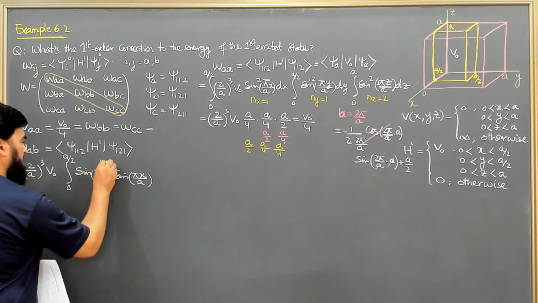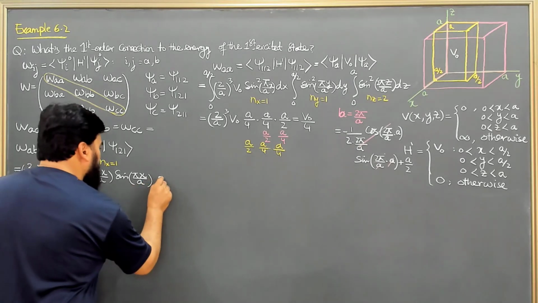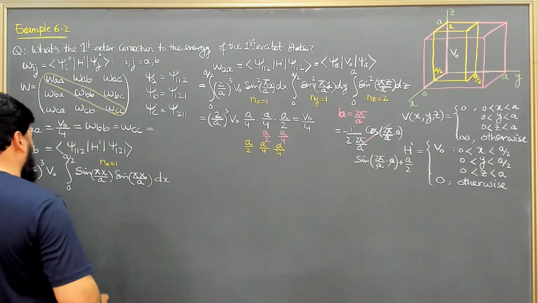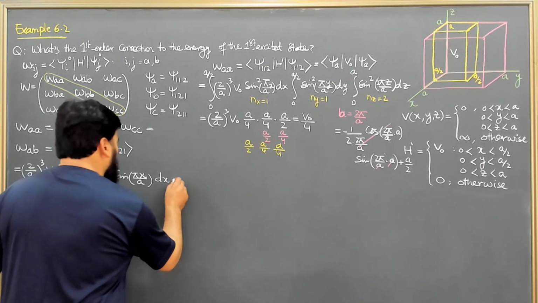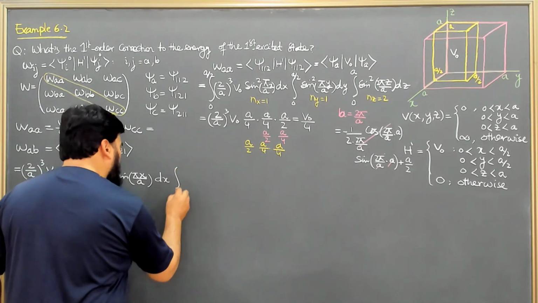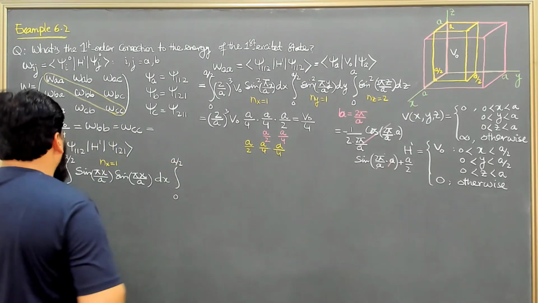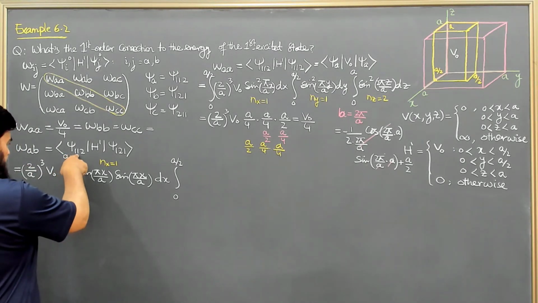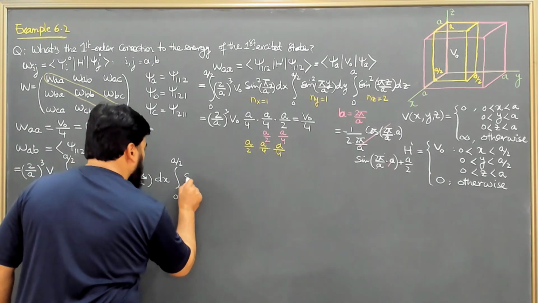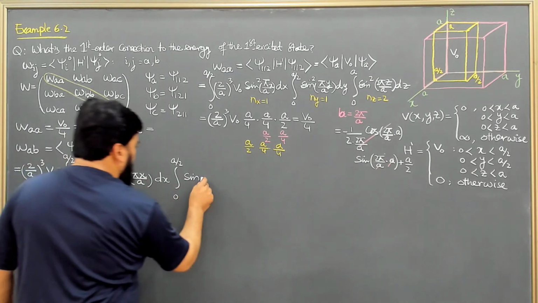The nx here is equal to 1, and then dx with this one. And similarly, I will now write the y term from 0 to A over 2, and then look here, here is n equal to 1. So I will write sine, n is 1, so it is π